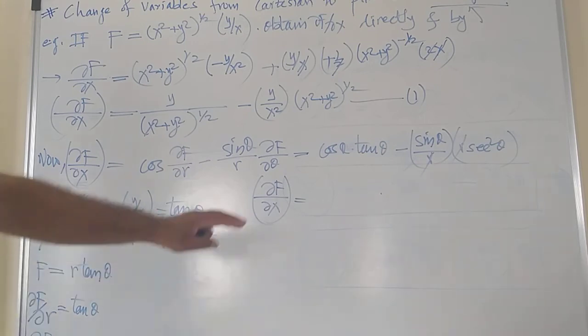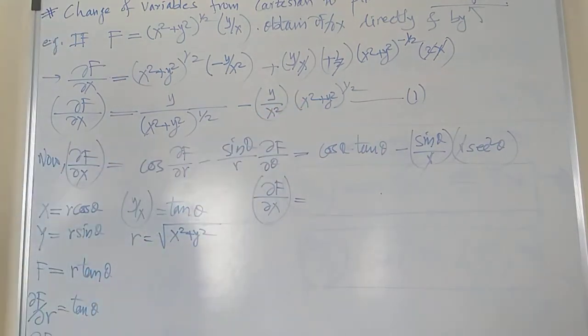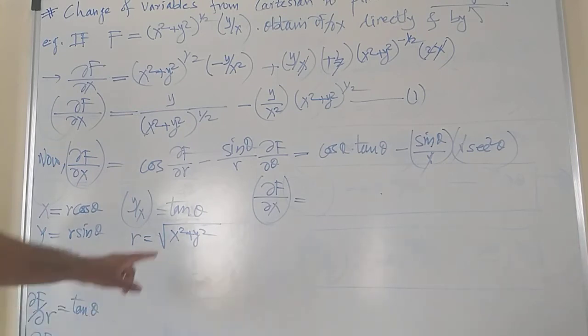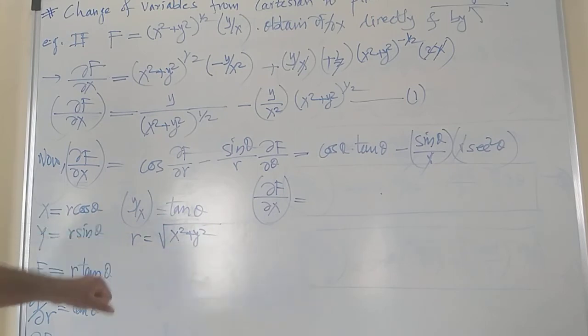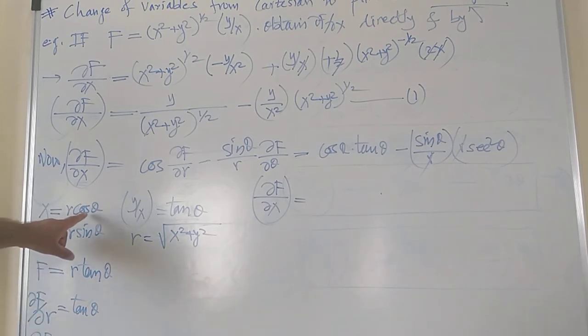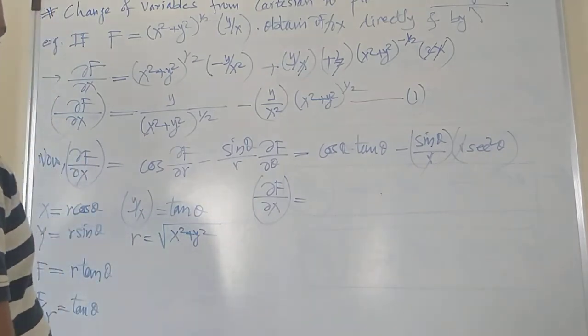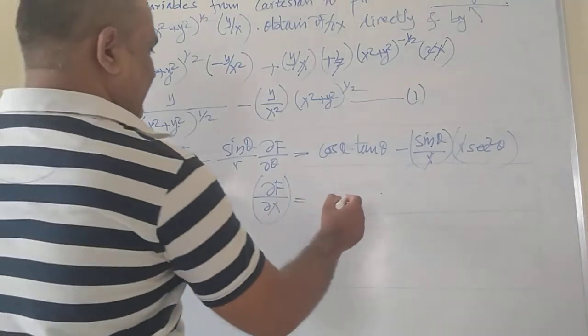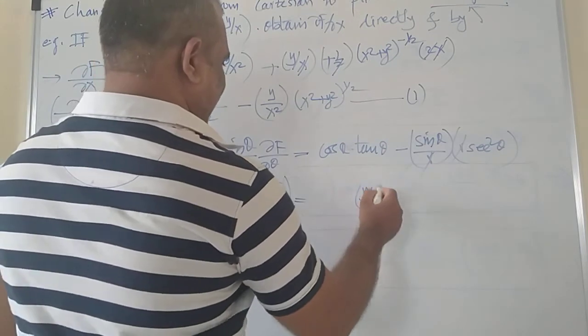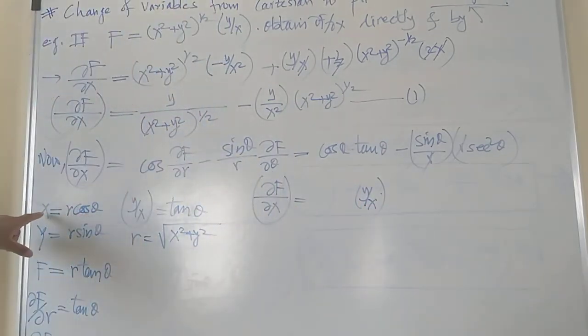So now you have to transform this into x and y. So tan theta is equal to directly how much? For tan theta I can write y by x, right? And for cos theta, what can I write? So for cos theta I can write from here x by r. Fine. So tan theta is equal to y by x. Now what is cos theta? Cos theta is x by r.